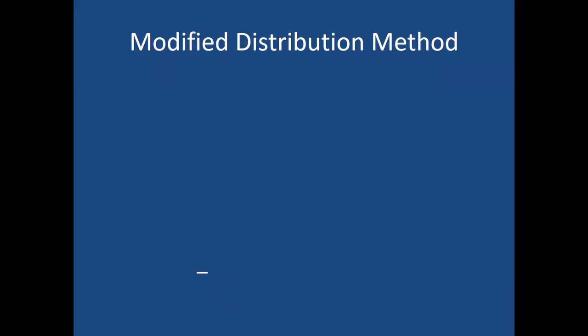Your MODI method is used to find the optimum solution. So once we find the initial feasible solution, the basic feasible solution, we use the MODI method to find the optimum solution of the given problem. Okay. As you know, the first step in your MODI method is first of all to check whether it is